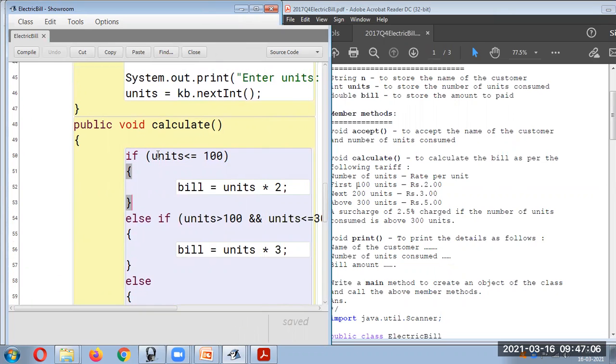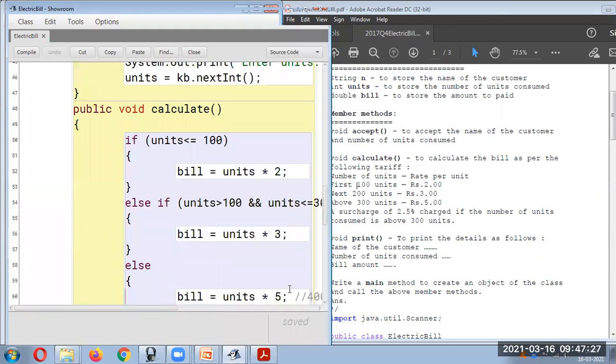So here the number of units is less than or equal to 100, so bill is equal to units into 2. Else if the second condition, that is the next 200, it is greater than 100 and less than or equal to 300. In that case, the number of units is multiplied by 3.